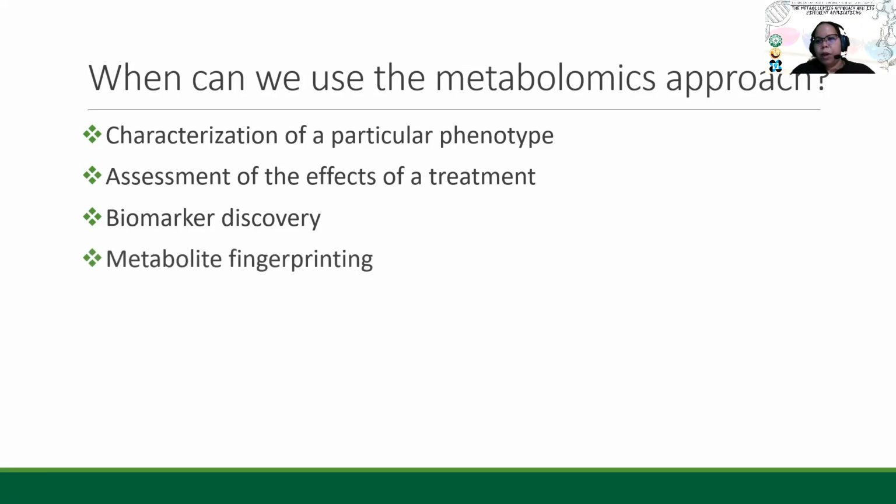And lastly, it can be used for metabolite fingerprinting. When we talk about our fingerprint, the fingerprint is actually unique per person. In the same way, different organisms and different biological systems will have a unique fingerprint that can be obtained using their chemical composition. So we can look at the metabolite fingerprint of the individual organism, and this can be used for purposes of authentication, establishing the origins of a particular organism or product, and it can also be used for purposes of quality control. Okay,